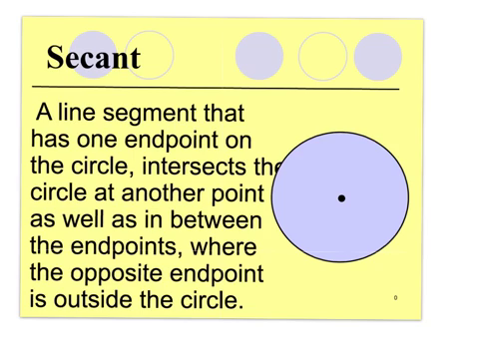Then we have something called the secant, and that's a line segment that has one endpoint on the circle, intersects the circle at another point, as well as in between the endpoints, where the opposite endpoint is outside the circle. Basically, if you look at the circle that I have here, if you compare that to an eyeball, so it kind of looks spherical like an eyeball with a little undilated pupil inside, we're going to draw a line through it. If you could picture a hairpin,